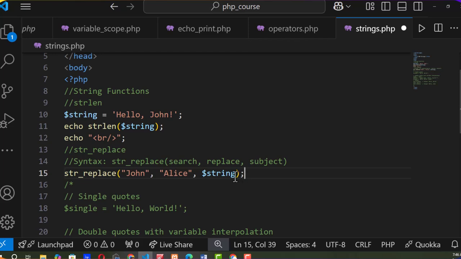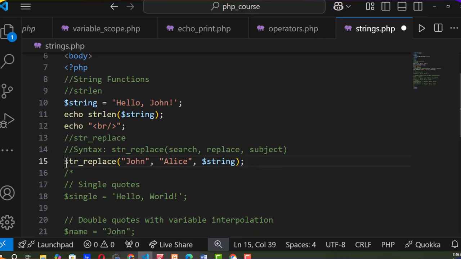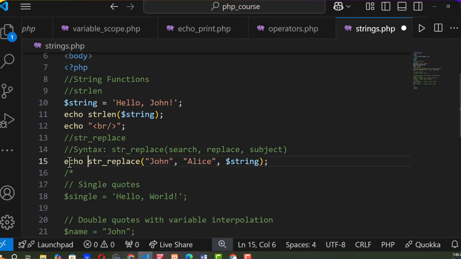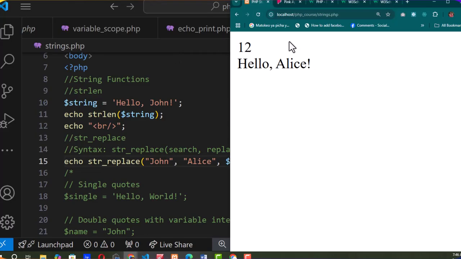So let's run this. We can echo the string replace directly. So let's save. Then let's run the script. Right now we are able to say hello Alice. So we've replaced John with Alice. The string replace replaces all occurrences of a substring